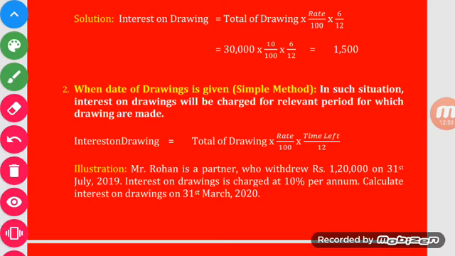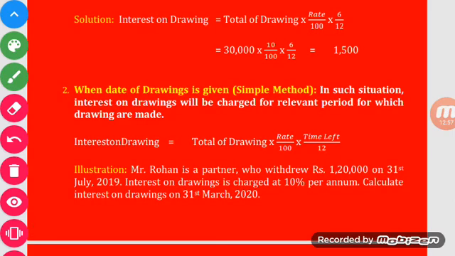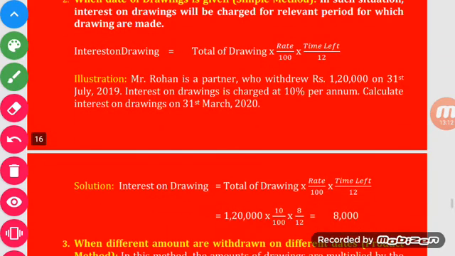Interest on drawing is calculated by the formula total of drawing into rate upon 100 into time left upon 12. Time left means how much time period the amount is used by the particular partner. For example, Mr. Rohan is a partner who withdrew rupees 1,20,000 on 31st July